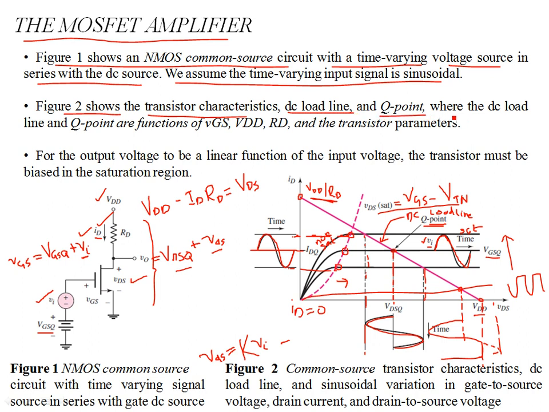The Q point is where the DC load line is, and it is a function of VGS, VDD, RD, and the transistor parameters. For the output voltage to be a linear function of the input voltage, the transistor must be biased in the saturation region. You must understand this, because if you bias the Q point in the cutoff region, then you cannot reproduce a scaled version of the input signal, so you cannot operate the transistor as a linear amplifier. To operate it as a linear amplifier, the Q point should be neither in the cutoff nor in the non-sat region, but somewhere in the